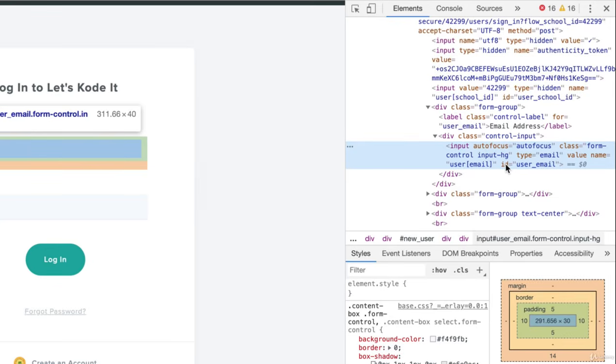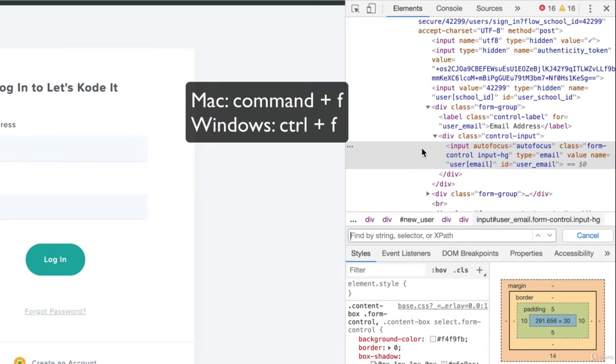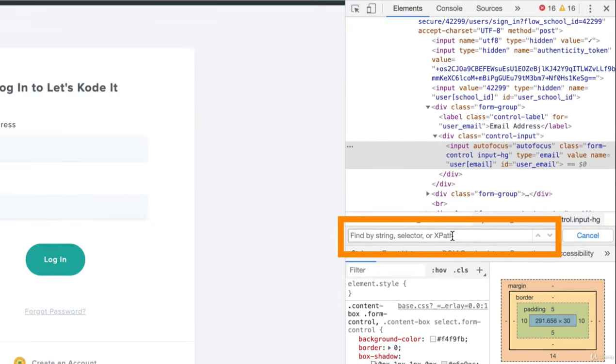Like this is the ID. We can find an element by ID, or we can use other attributes to create an XPath. So these are the element and the attributes. Now what we're going to do here is click on the right hand side and press Command F on the Mac and Control F on the Windows. It's going to open the Finder kind of thing. So please make sure you don't find anything in this filter. This is a separate Finder. It only shows up when you do Command F or Control F.